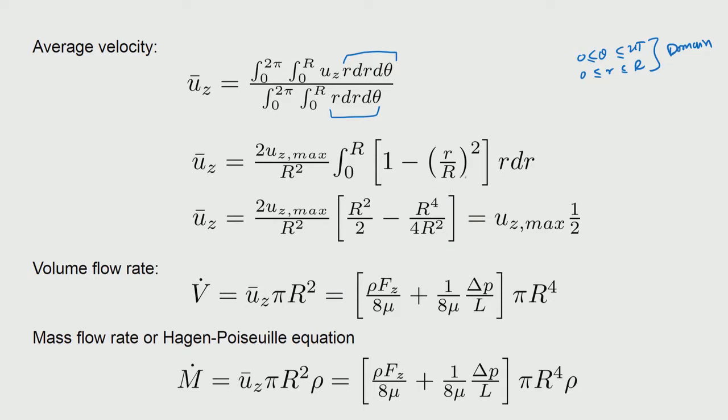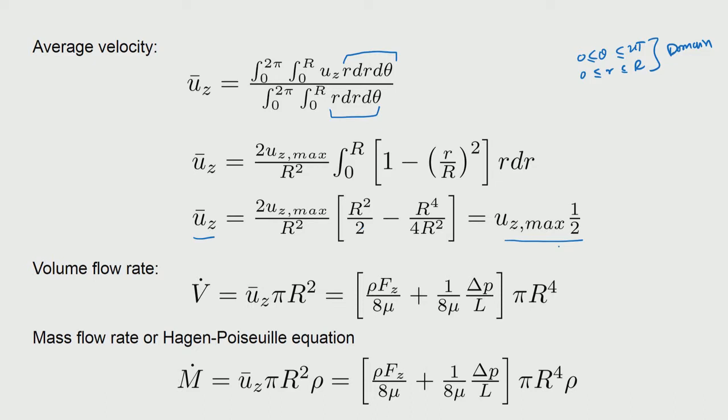So, that also if you substitute, then you do have expression coming a little more elaborate. So, we go through that algebra, it is quite straightforward, you can just substitute and integrate, it is just integration of only r and r cube. So, if you substitute, you basically then arrive at this conclusion that the average velocity is half of the maximum velocity. So, now this is interesting because in the rectangular case where we had the parabolic flow variation, the average was coming to be 2/3 of the maximum velocity, but in the cylindrical case the average is coming to be half of the maximum. So, the reason of course is because the domain is in a cylindrical coordinate system like this. So, the r that is going in is actually making this integration little different from the rectangular case.